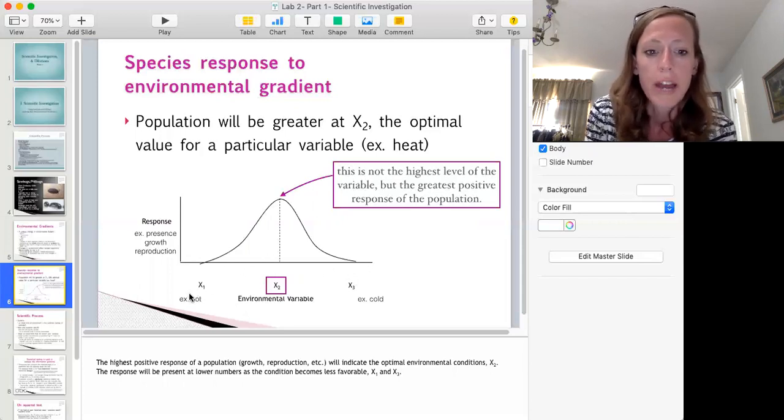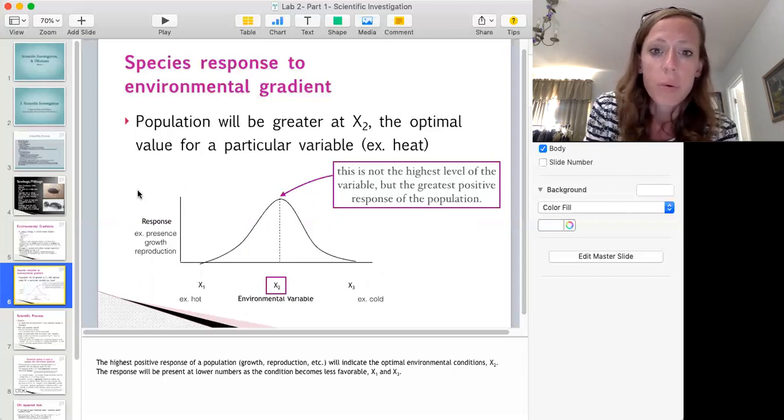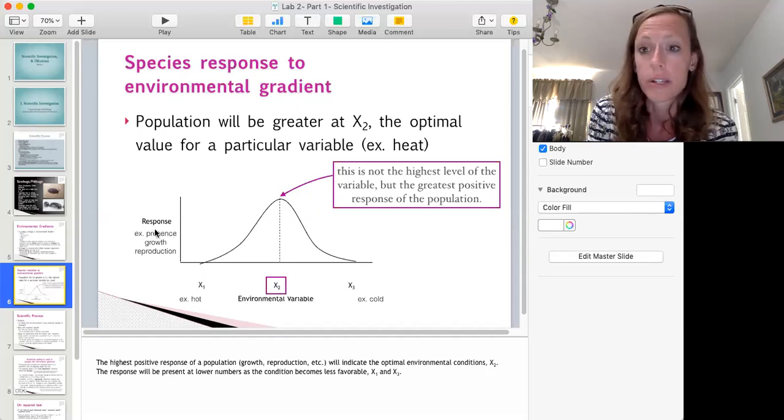So you might have a range where X1 here represents a hot environment, warm would be in the middle, and then a cold environment would be on the other end of that x-axis. On the y-axis then is the response of the organism to that environmental factor. So either the presence, like the organism has migrated more to that area, growth, reproduction, all the factors that we